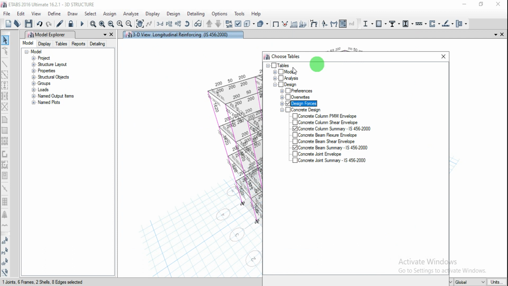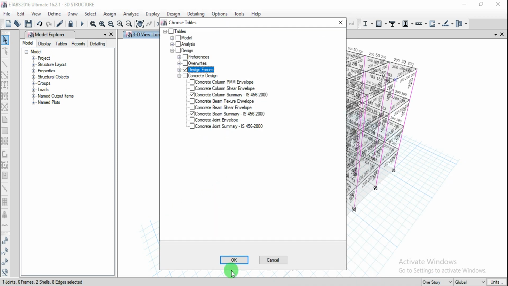So make sure that for whatever story you want to apply the details or you want to show the details there, you have to select that one. Okay, so by default it will be showing for story 4. If you want to go for story 3 in plan view, you have to adjust for story 3. Okay, so right now I'm just clicking on OK,